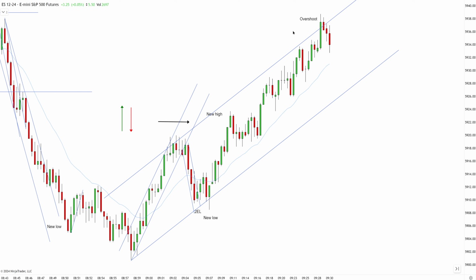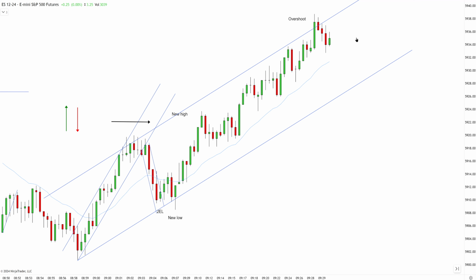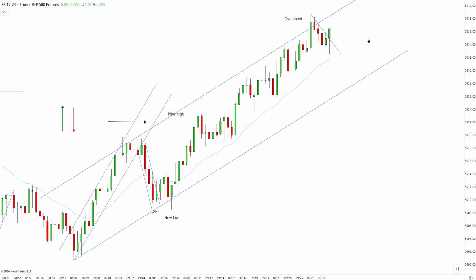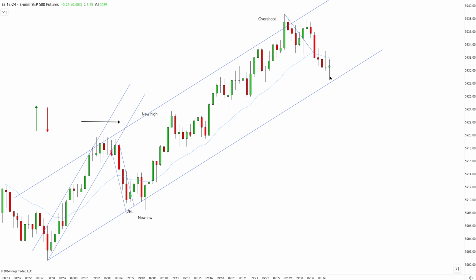So it looks like overshoot because we can't even pull back to the EMA, break of the trend line. So now there's going to be a second entry long at the EMA. I can't really take it, so I'm just going to carefully observe price action. We're breaking the EMA, okay. I cannot really go long here just yet.